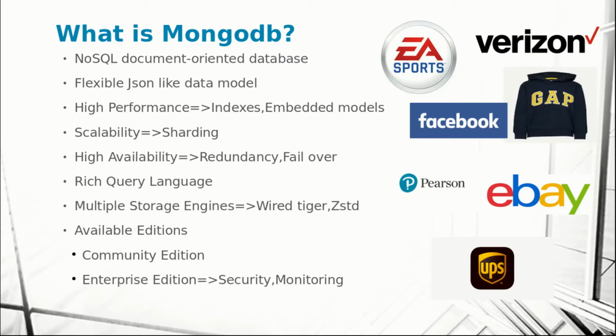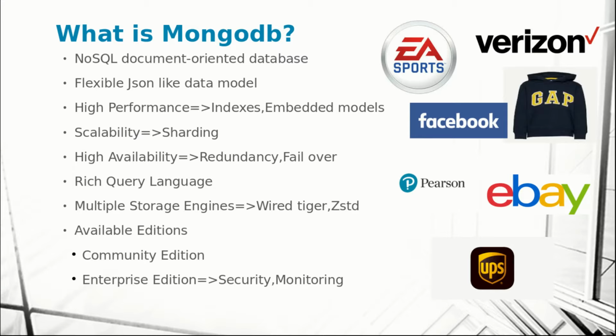And it supports high availability as well. You can always achieve redundancy, and you can achieve a failover. You can achieve multiple secondary nodes. You can achieve primary to secondary failover, right? So you'll understand these concepts in the later part of the lecture. And MongoDB comes with a rich query language called MongoDB query language. You can perform any query that you want to use in your application using MongoDB query language. It's a flexible, robust, and fast query engine.